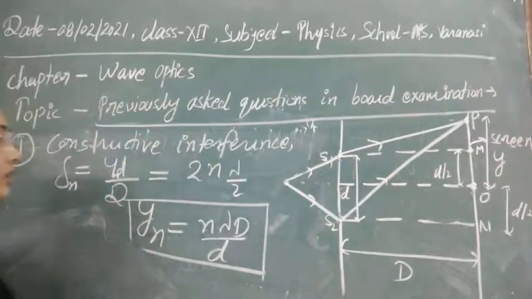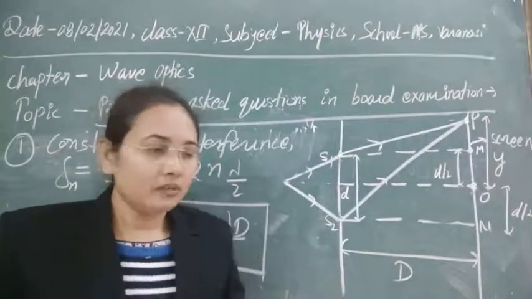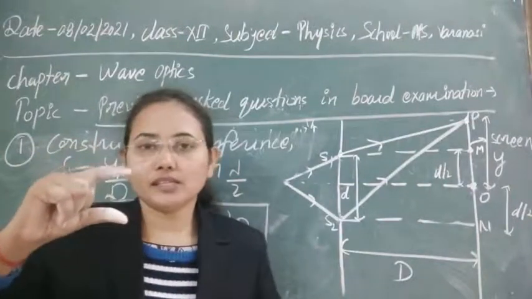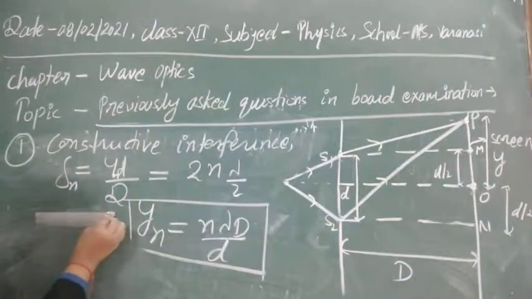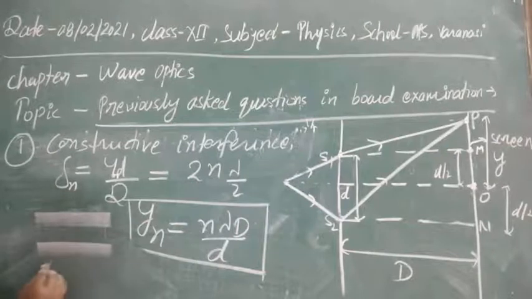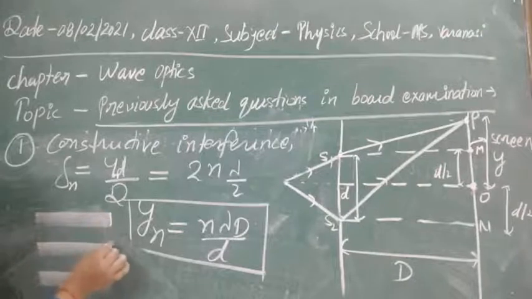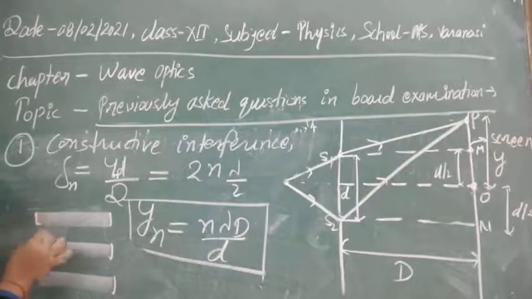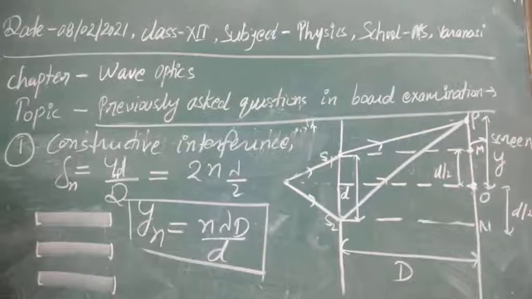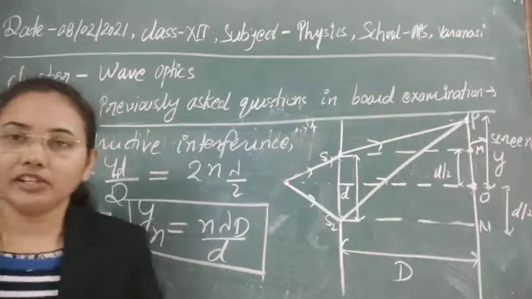Now we can find out the fringe difference between any two fringes, or we can also call it fringe width, meaning the distance between any two consecutive fringes. If this is the interference pattern that we are getting, you can see this is maxima, this one is minima, this is again maxima, this is minima, this is again maxima. So we get maxima and minima in order continuously. You can understand, I think. So this width is known as fringe width.